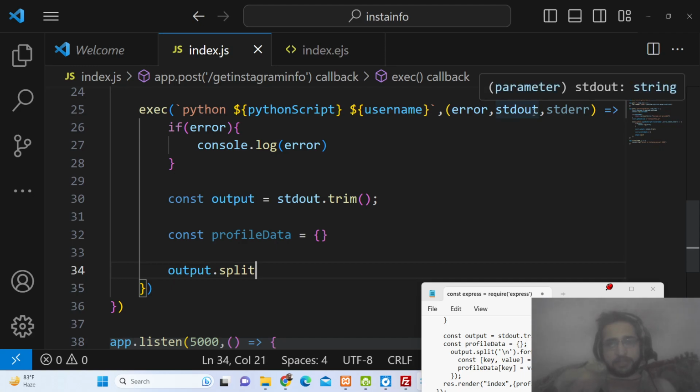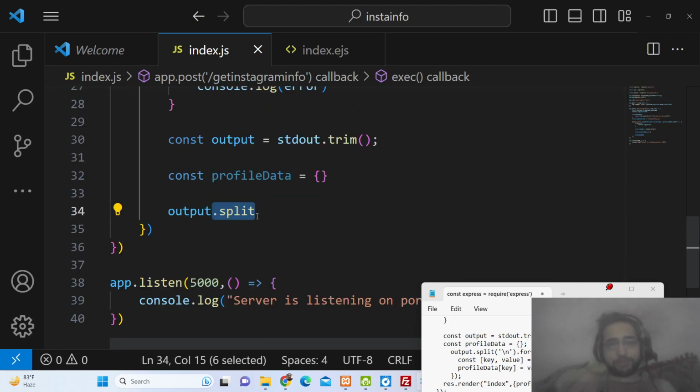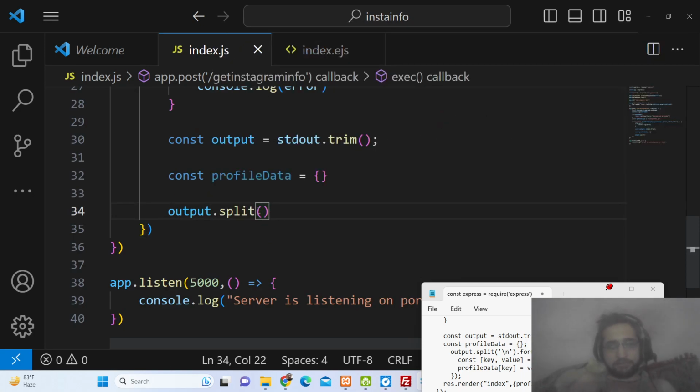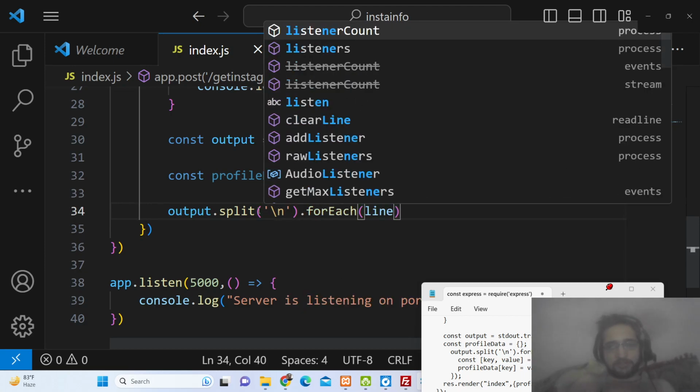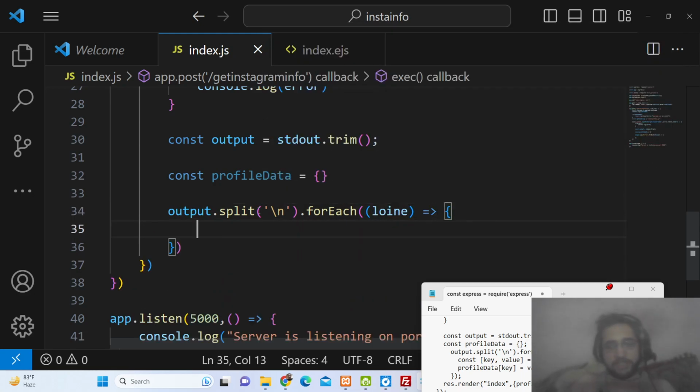So this output that you receive, guys, basically it's a string here. It's not an object. We need to now split it into multiple lines. We will use this, which is the new line character. For every new line, we will use a for each loop here. For each line, we need to,